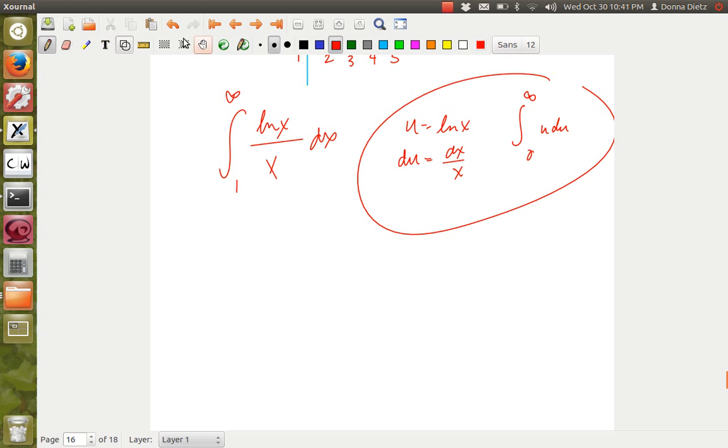So this is the kind of trick you're going to use. So you're going to say u equals natural log of x, the derivative of natural log of x is 1 over x, and then you're going to do u substitution. Natural log of infinity is still infinity, but the natural log of 1 is 0, so this lower limit changes. And then you integrate this thing, you get u squared over 2. And so you're going to get